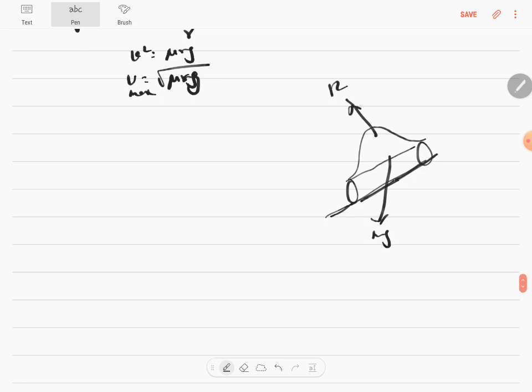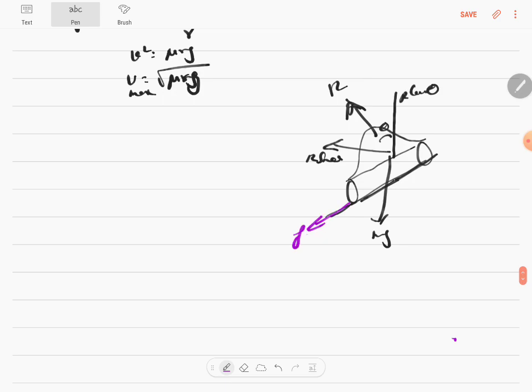This normal reaction, okay, so then you have this angle to be theta. Therefore, this is R cos theta, and this will be R sin theta. So we resolve the normal reaction. Let's talk about the frictional force here. The frictional force is going to be in this direction,